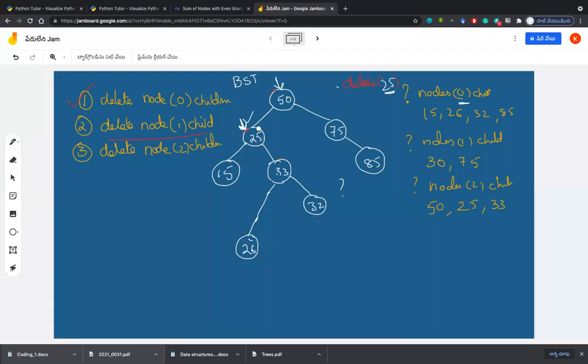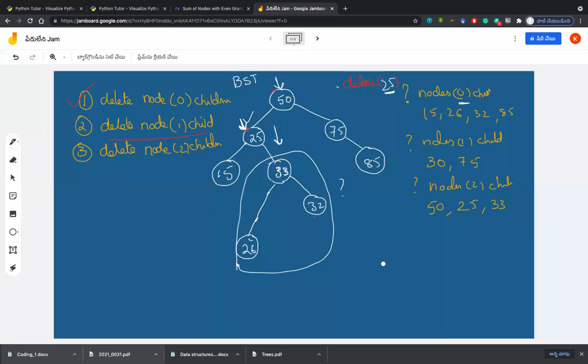If I want to delete a node which has two children, I first prefer the right side. The right side subtree is this one. So to its right, I will pass the main root of this subtree, 33, into my nodes. I will traverse all the nodes.